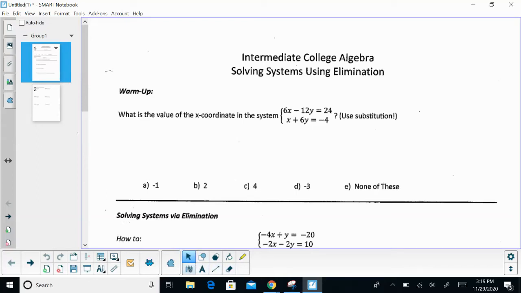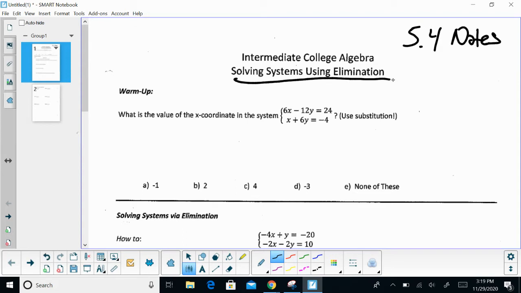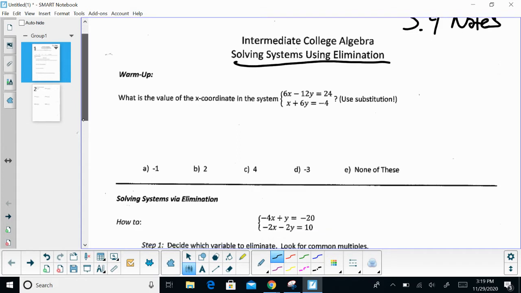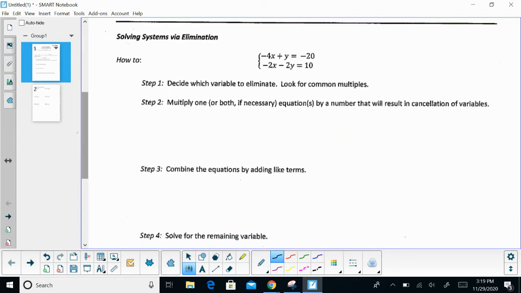Okay, guys, this is lesson 5.4. Solving systems using elimination. Now, we've used elimination in both Algebra 1 and Algebra 2, so this will be a refresher. So let's say I have these two equations and I want to find out where they intersect or their